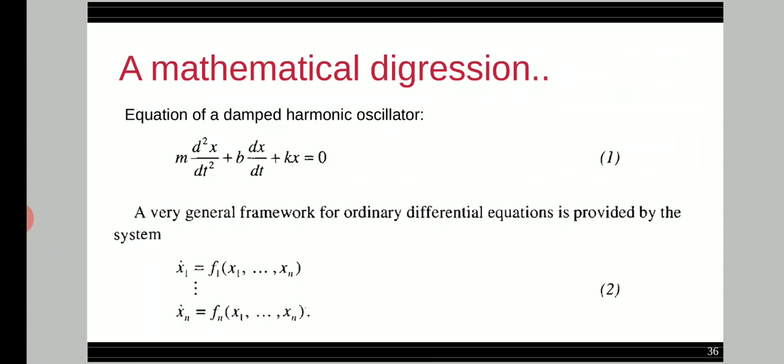Now a very general framework for ordinary differential equations is provided by the system x1 dot equal to a function of all the coordinates up to xn dot. যে কোনো ডিফারেনশিয়াল ইকুয়েশনকে ইন জেনারেল এইভাবে লেখা যায়।